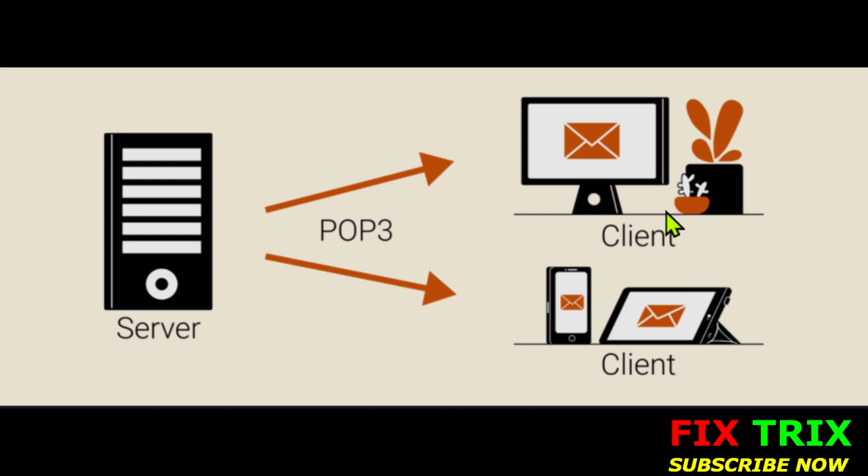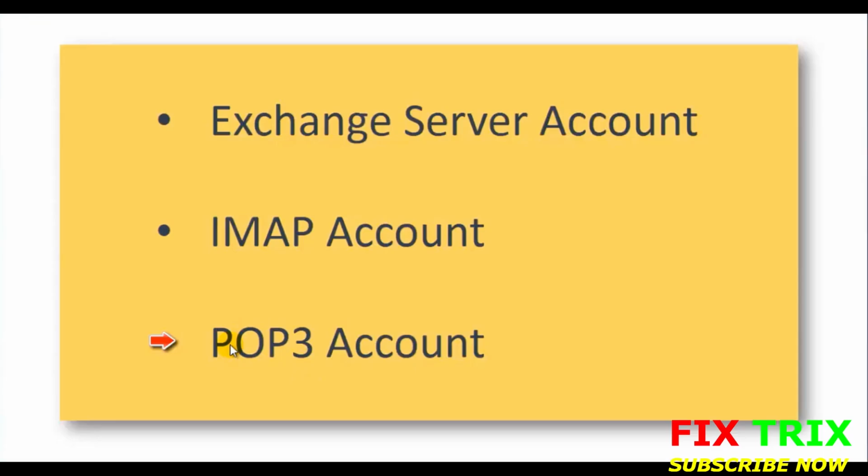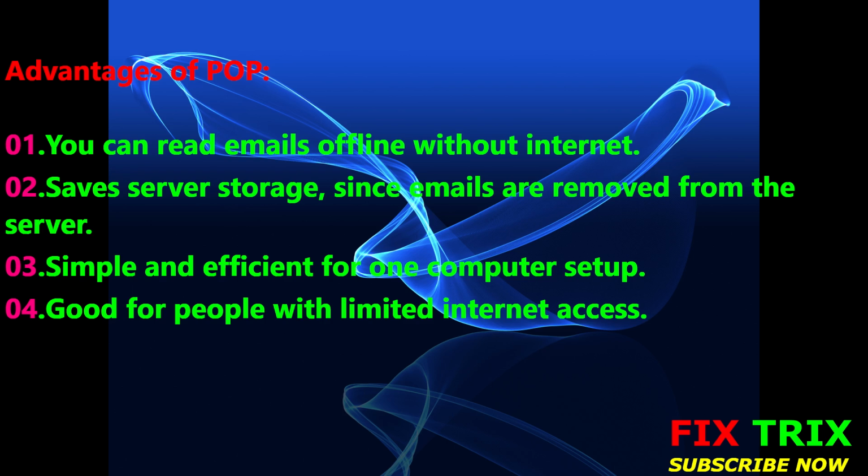Example, you use Outlook on your PC and set it up using POP, you get 10 new emails. Outlook downloads them all to your computer. Now you open Gmail on your phone, it's showing nothing new because the messages were already downloaded and maybe deleted from the Gmail server. That's how POP works. Download once, store locally.